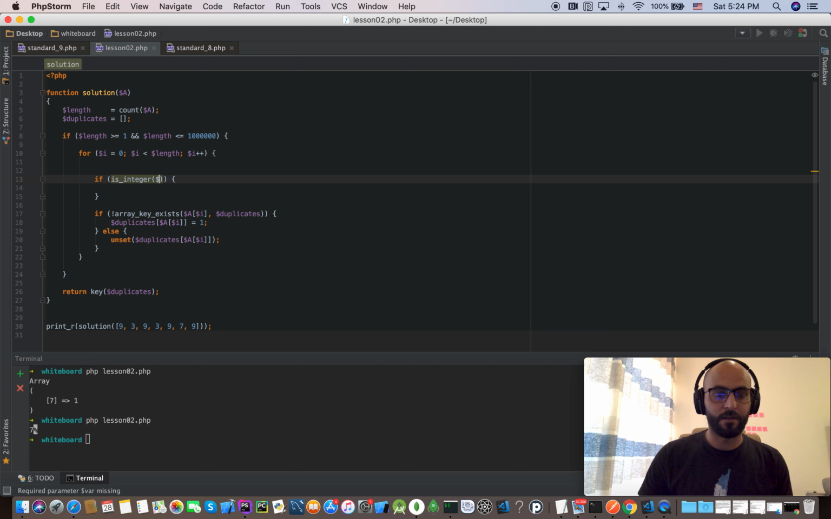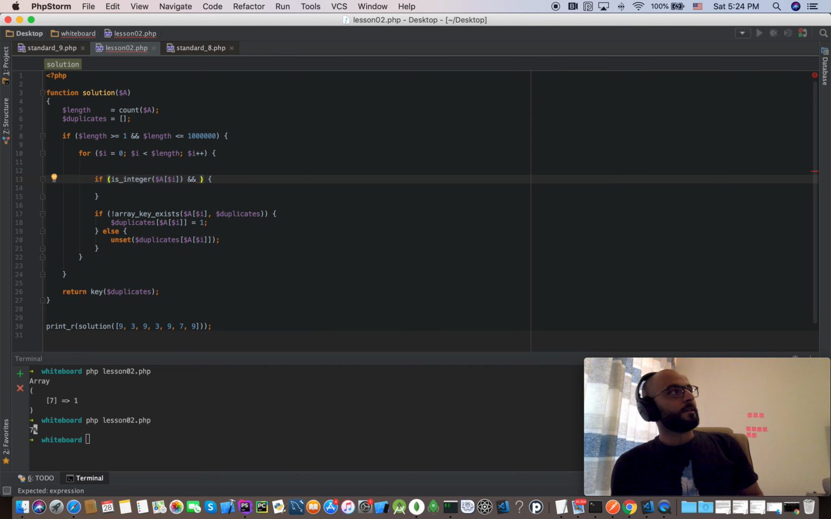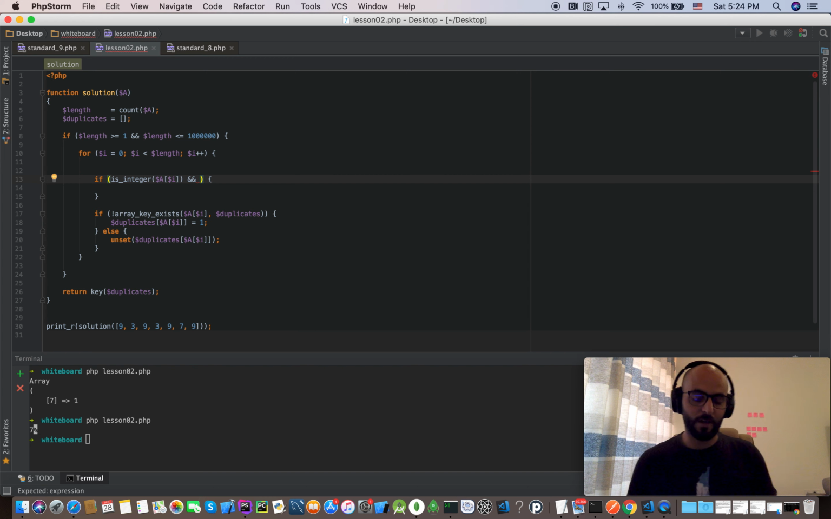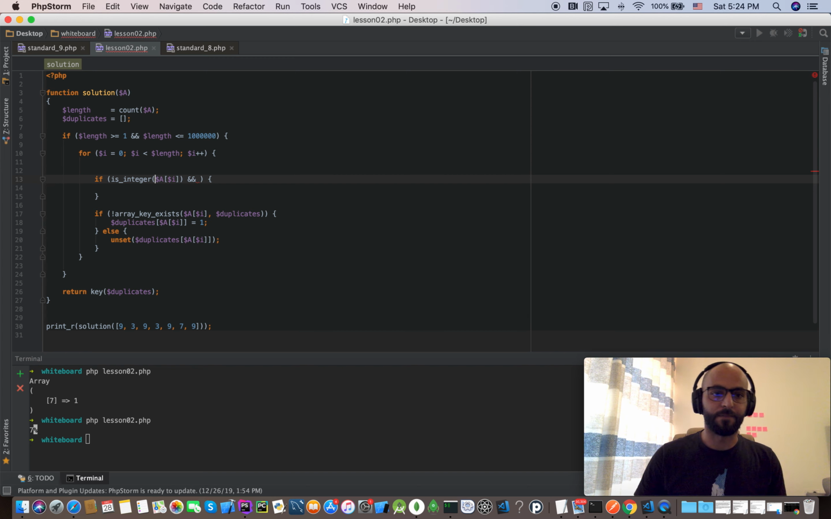If integer, okay, if you are an integer, and so I don't want to check, I want to actually prevent it. If you are not an integer,